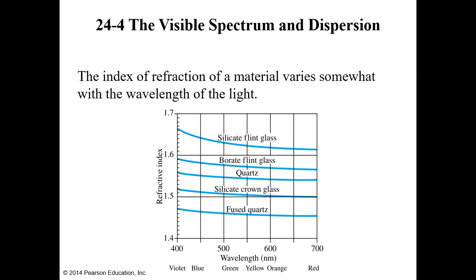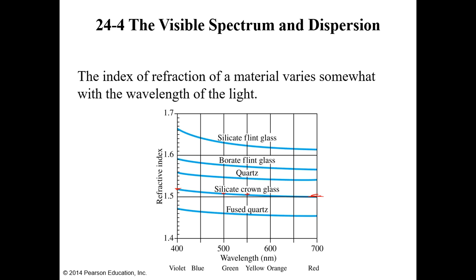We'll take silicate crown glass because that's pretty close to 1.5. For red light, silicate crown glass has an index of refraction of 1.5. But as you start getting into the yellow range, notice that it's up a little bit higher. Green at 500 nanometers, it's a little bit higher still. By the time you get to violet, it's around 1.52. So the index of refraction also depends on the